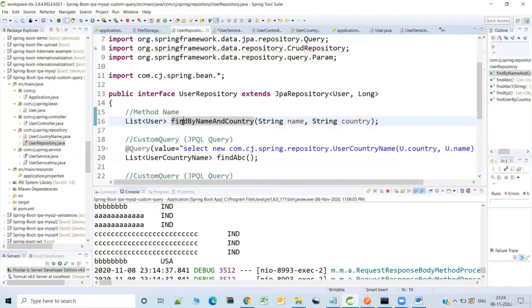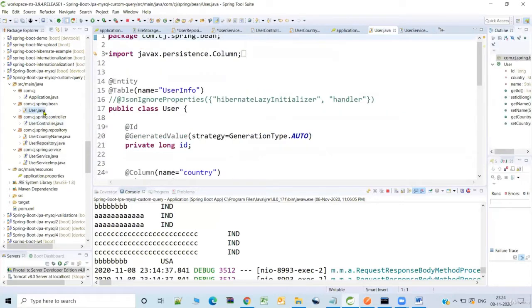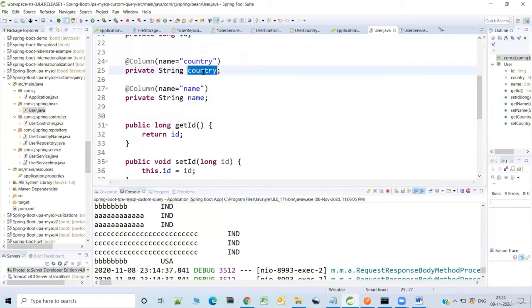Okay, fine. Now the question is, what happens if I try to use some other name here? For example, I'll try to use country ABC. See here, it checks for the names of the fields. That is, I have name and I have country. And if you go to the User, I very much have the country field and the name.